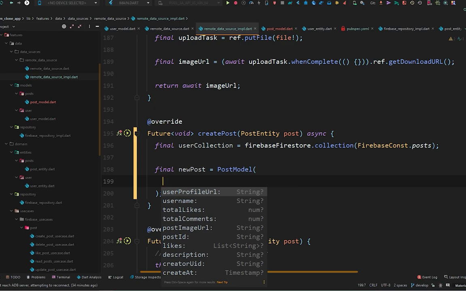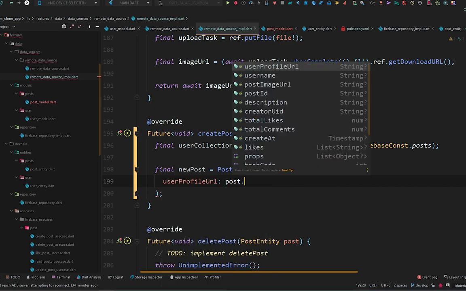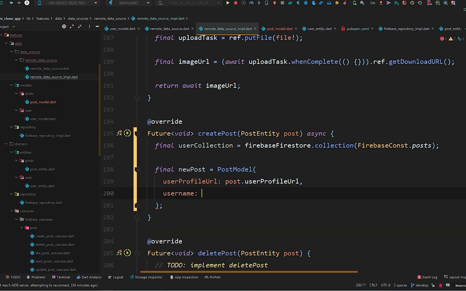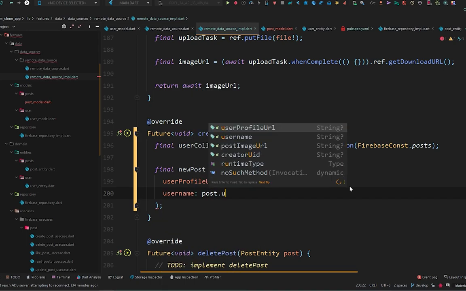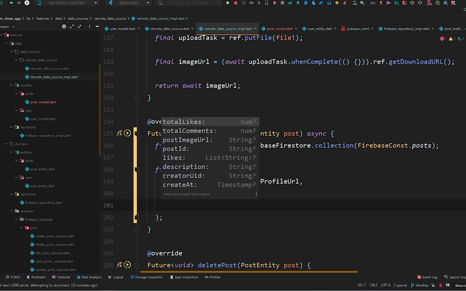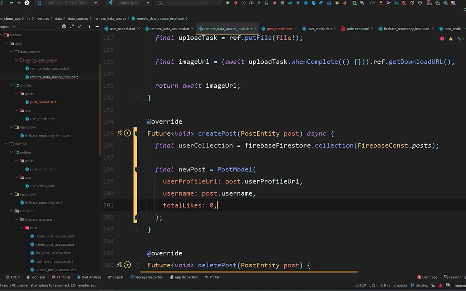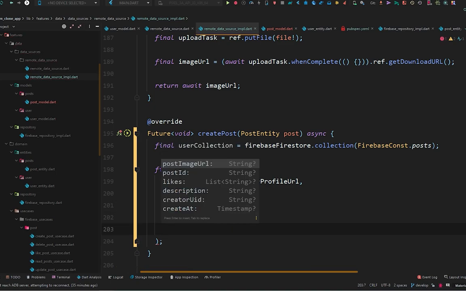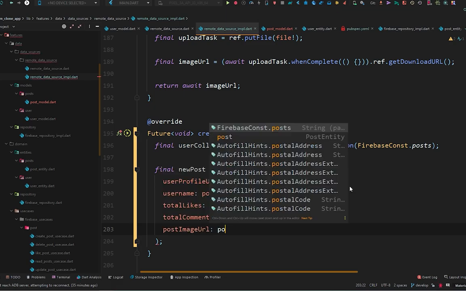The user will enter that data, or this will come from the user. So the user profile URL will be post.userProfileURL, and username will be post.username, and the total likes will be for now 0, total comments will be 0,